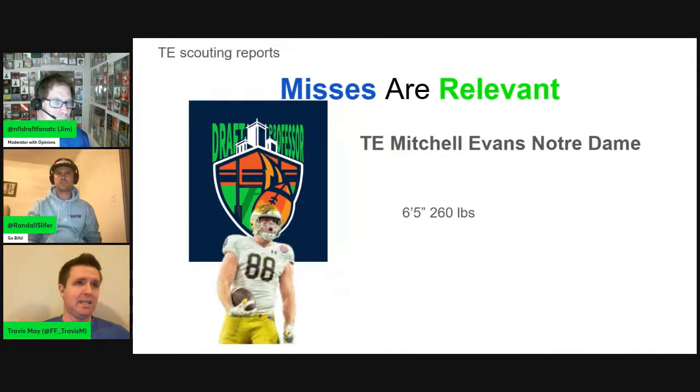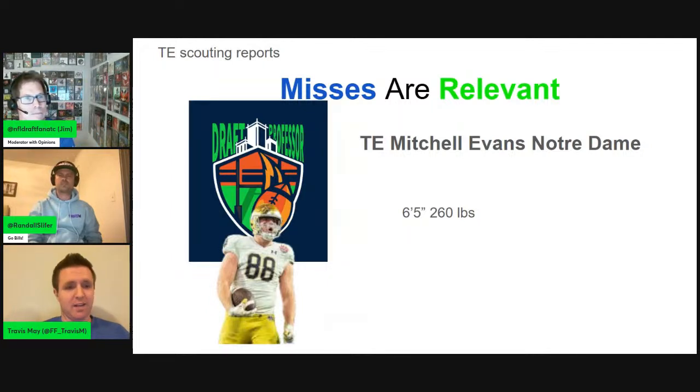And we haven't seen extremely deep tight end classes over the last 10 years, even though there's been kind of a revolution at the position in terms of how impactful they are if they're actually really good. There's been an uptick in that regard, but it's 11, 12, 13 tight ends in a whole draft. So seeing more than just a few go early is probably not to be expected.